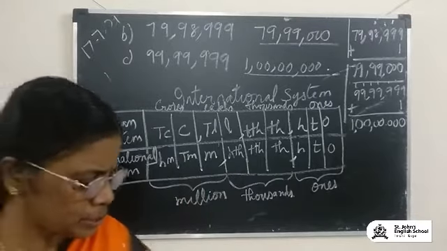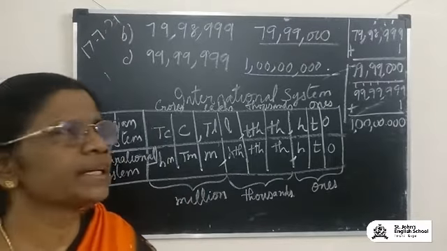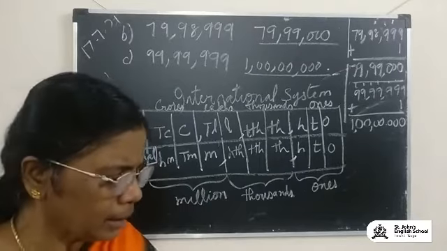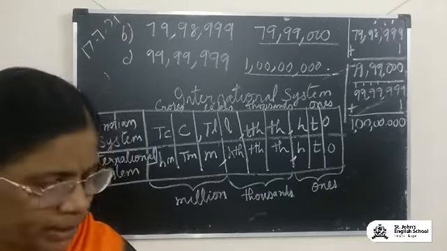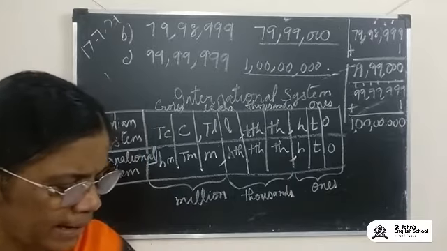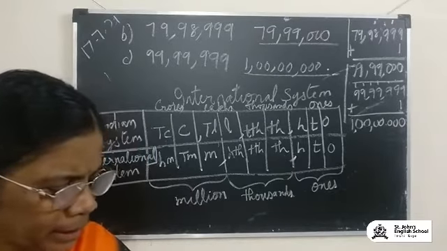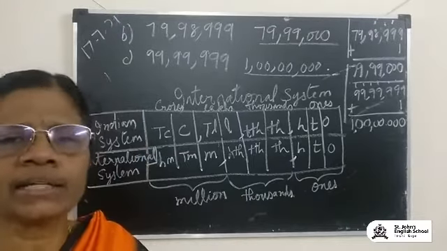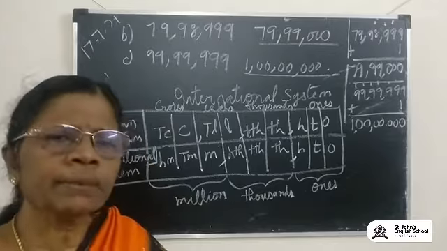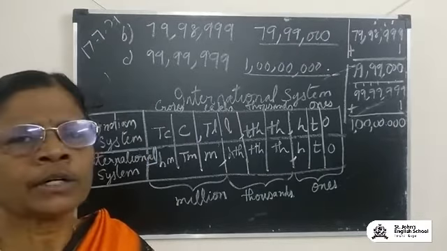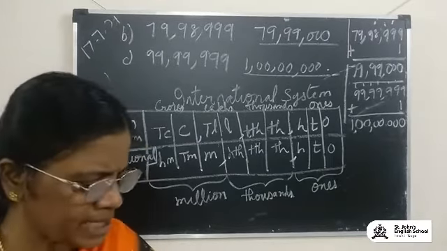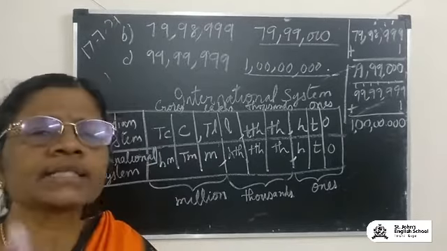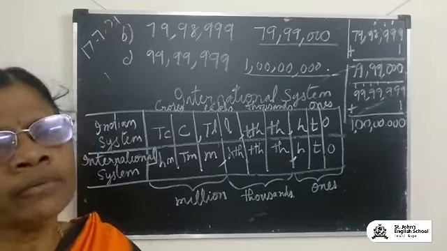So I just teach you how to write the number in the international system by giving you some sums from exercise number 1C. Okay, so first I start with the question number 2, children. Insert commas and rewrite in words according to the international system. Okay, because we have already done many sums. Okay, I'll just teach you one sum with 6 digits and one sum with the 7 digits. Only up to 7 digits you have the maximum number of digits.